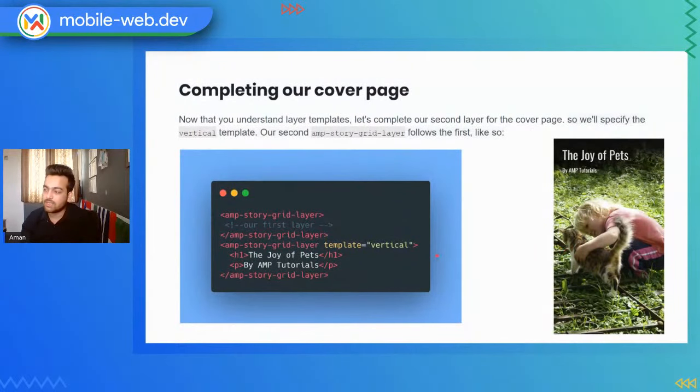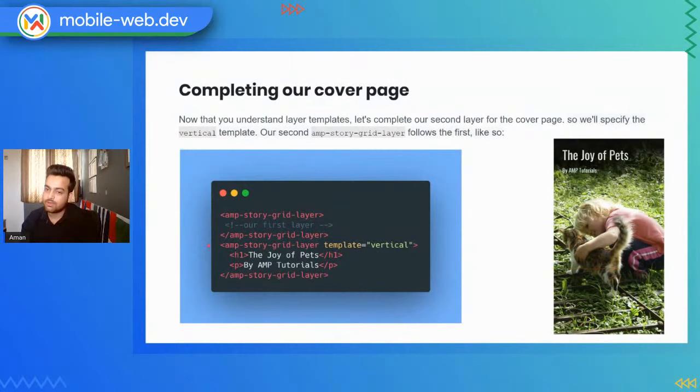So this is again an example of how you will add another element inside your whole cover page. What AMP does is it automatically adds this thing that you can see on the top so that your text is visible clearly. We have gone ahead and added a new grid layer, and this is your first grid layer, which was the background, this small boy with a cat, very cute.